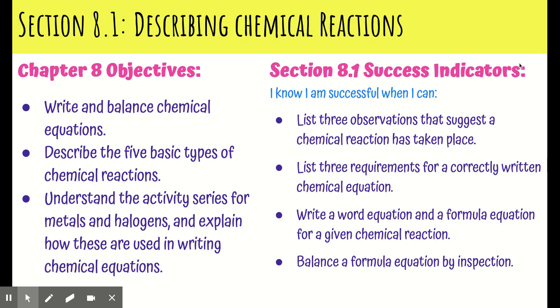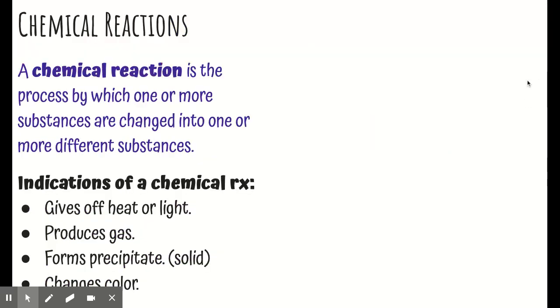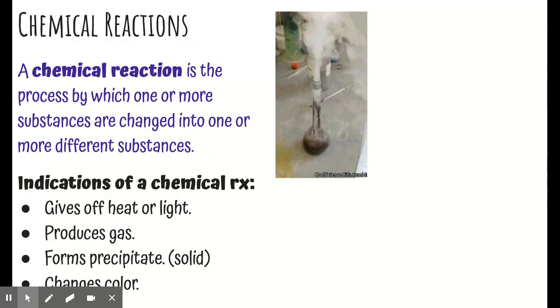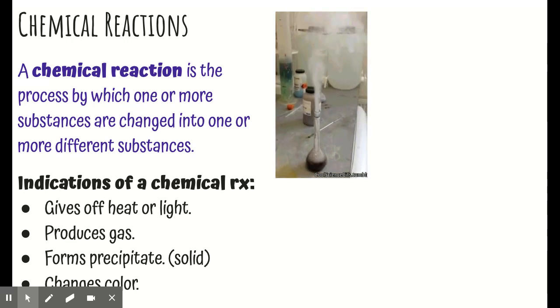So today we're going to talk about chemical reactions and use your success indicators. So we're going to be able to list some observations that suggest a chemical reaction has taken place, knowing some requirements for a correctly written chemical equation, being able to write a word equation and a formula equation, and then balancing those by inspection. Okay, so for chemical reactions, a chemical reaction is going to be the process by which